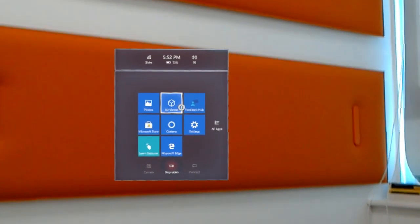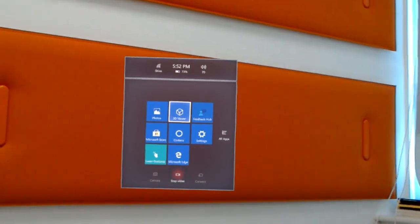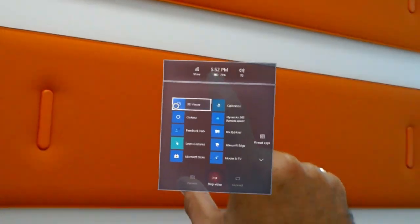So first I click this. Okay, now you can see I click on the bloom. Now my menu is here, and this is how it works. This is the menu of the HoloLens, and you can see all the apps with the tab. You can see here